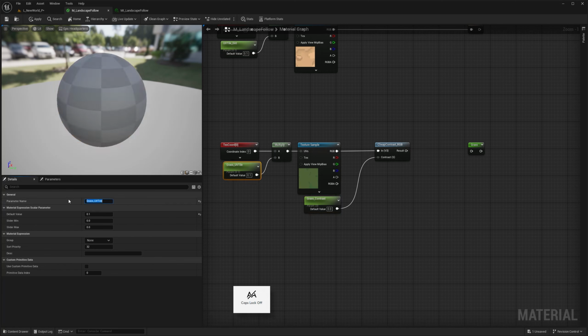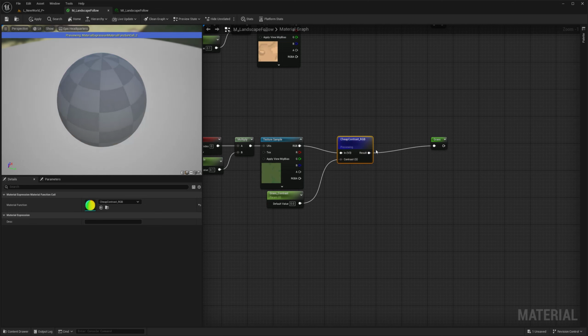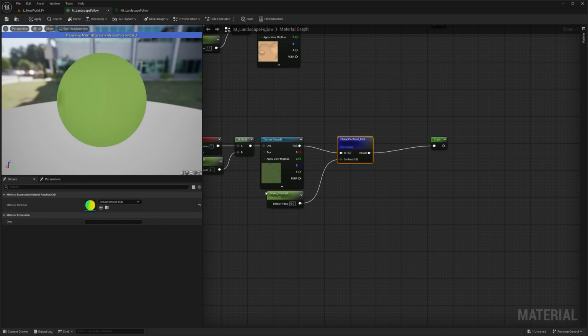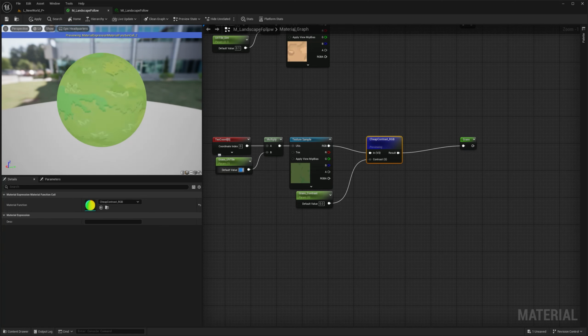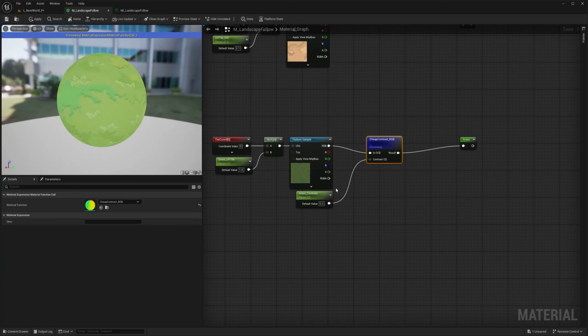I can also just right click, sorry, not promote to parameter, it's preview that node. And if I change back my tiling to 1, just so you can see, I'm seeing right now what this node, everything that comes from the left of this node, is operating on. So I can just go to my scalar value contrast here, and if I play with that value, I can start seeing what is happening. So lower contrast, higher contrast.